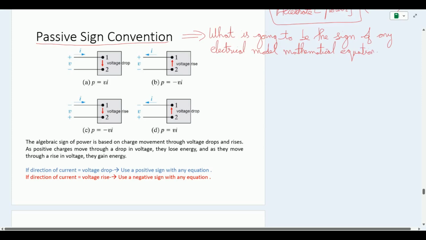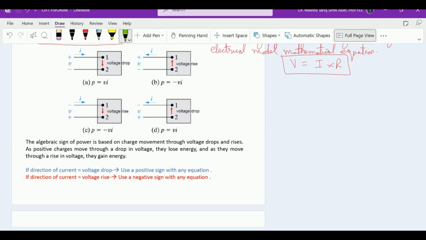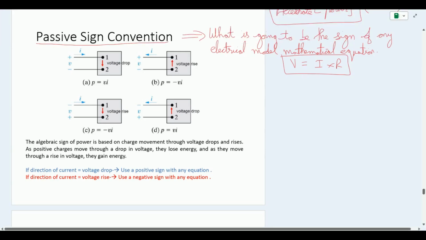So for example, say I have an equation of Ohm's law, V equals I into R. Now passive sign convention is going to tell us what is going to be the sign of this equation, whether it is going to be a positive IR or a negative IR. So this is what the passive sign convention is going to tell us for any equation related to analyzing the